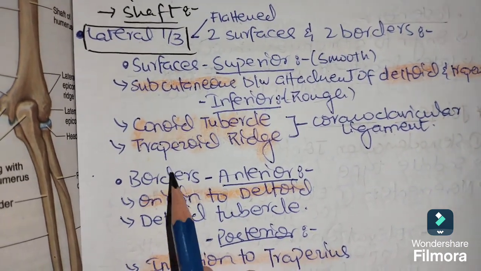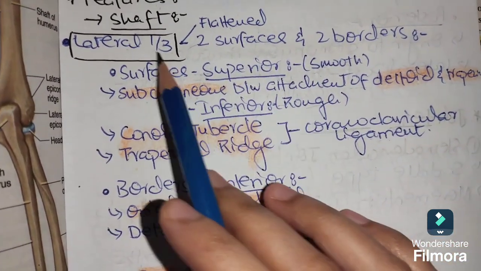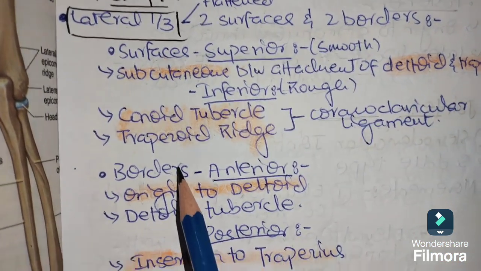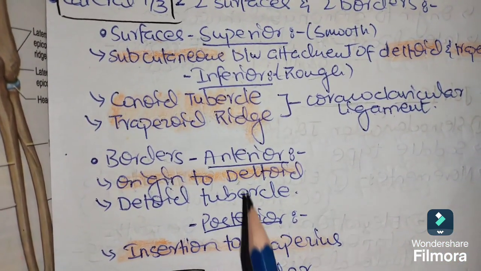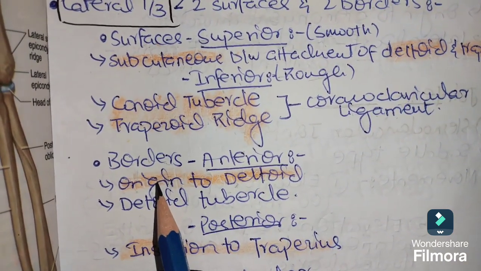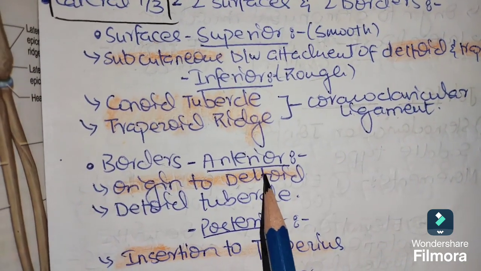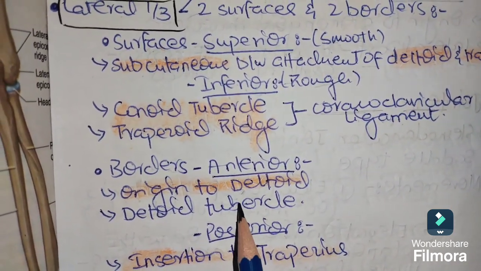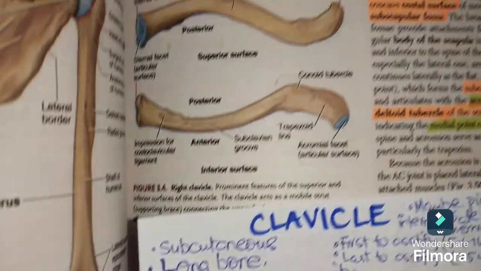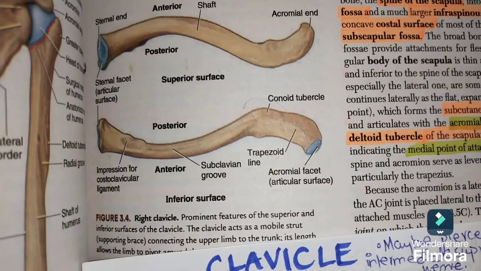Now let's discuss the borders. So as we discussed earlier, the lateral one-third of the clavicle consists of two borders, anterior and posterior border. On the anterior border, we have the origin of deltoid muscle. Where exactly? On the deltoid tubercle. So the deltoid tubercle is not really mentioned here in the diagram, but we know that